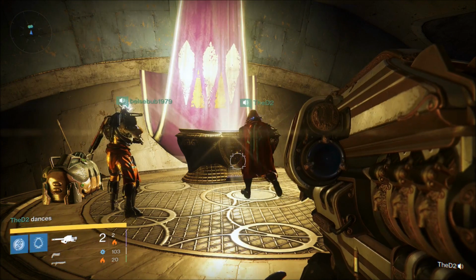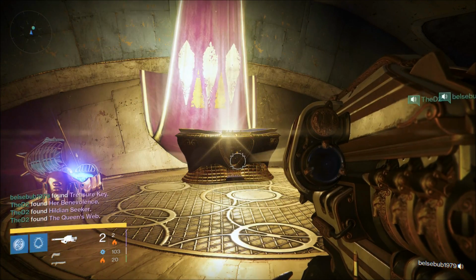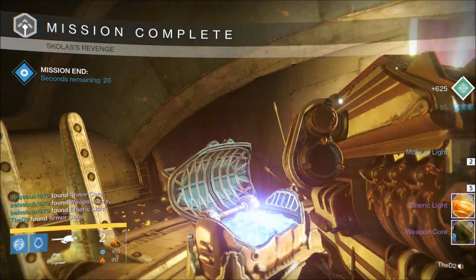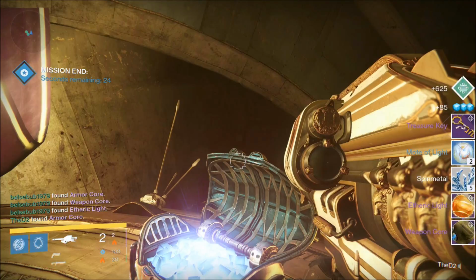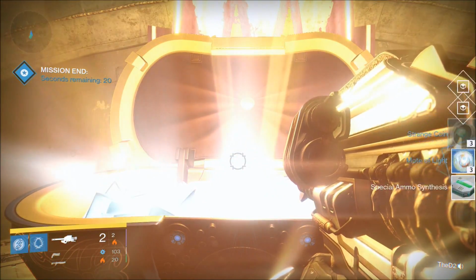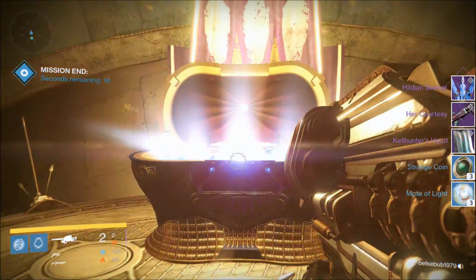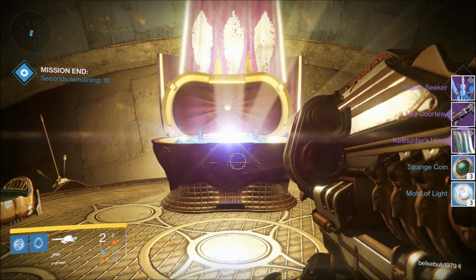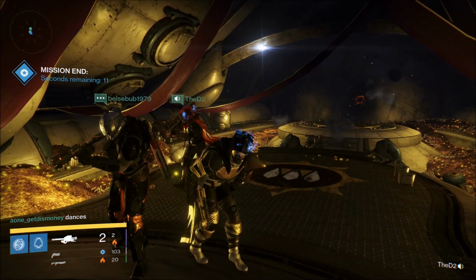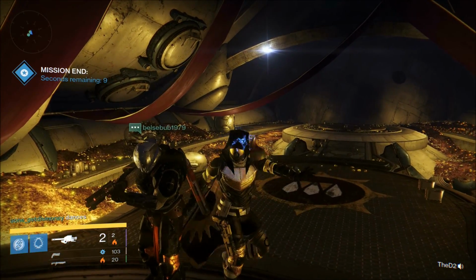And the last Skolas rewards that I'm going to go over are the rewards that I got on my hunter, and I did not get an elemental primary after defeating Skolas this time either, but I was able to get the Queen's ship and the Queen's shotgun, which is called Her Courtesy. Anyways, that's pretty much all the rewards that I've gotten after defeating Skolas 13 times. Out of those 13 times, I only got an elemental primary 3 times,